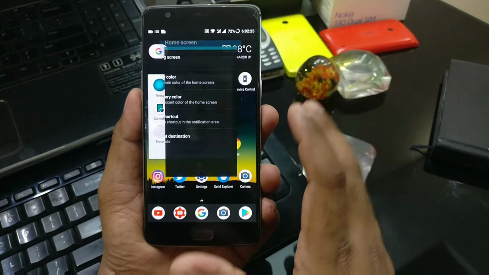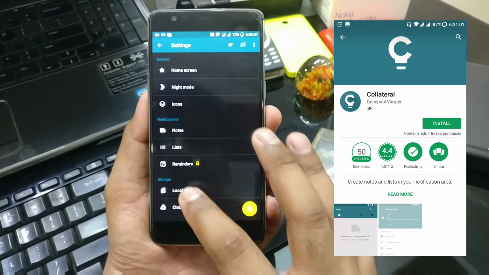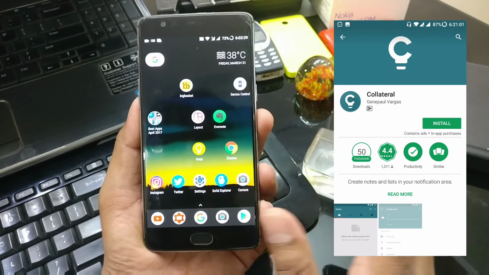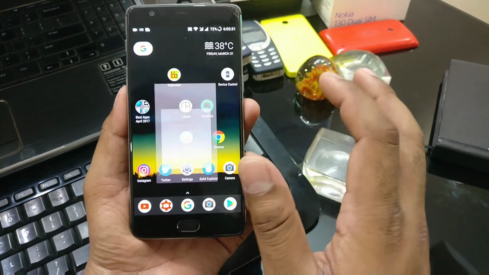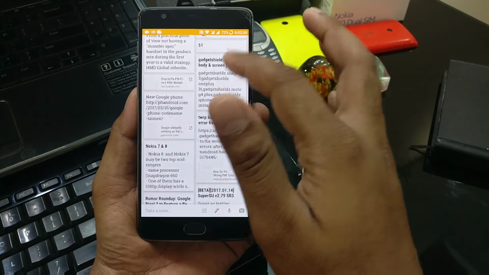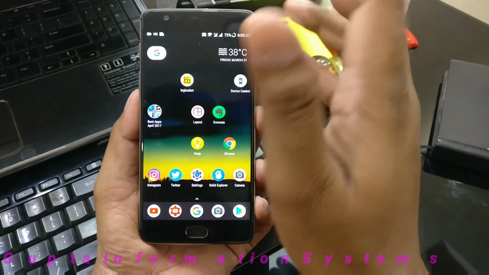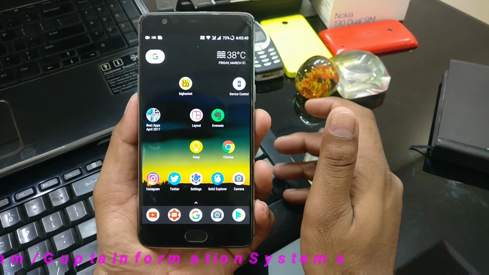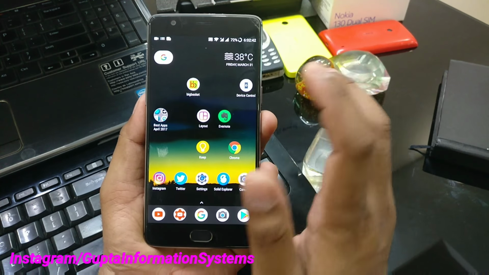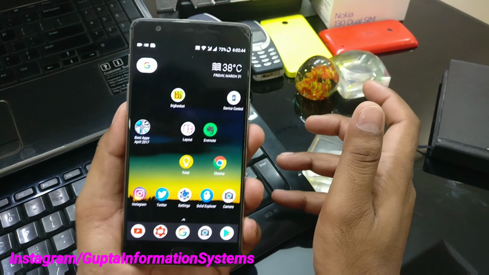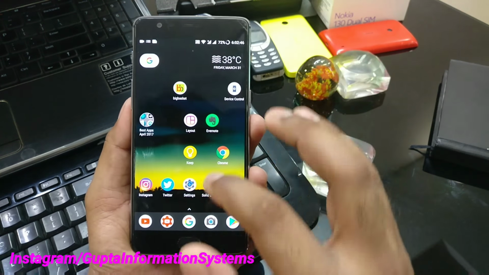Anyways, moving to the next. This is called Collateral. This is another note-taking application. Personally, I always use Google Keep. I have so many collections because I can sync from all the devices, including the computer, which I type on. But if I am going out making a shopping list, sometimes it is difficult. Each time you need to go inside, or you need to let the application open to show you what you have written. But instead, you can use this